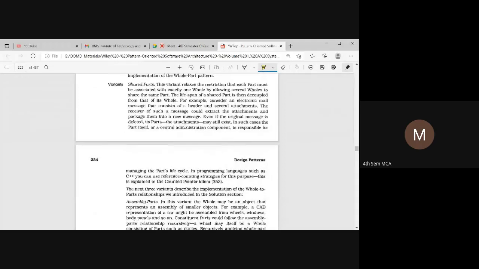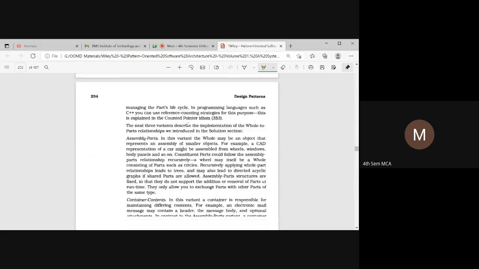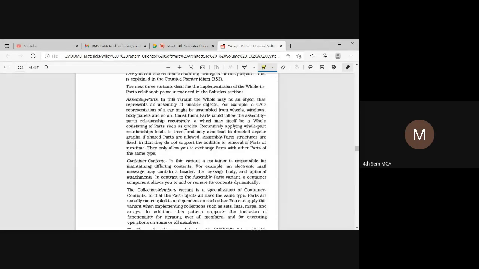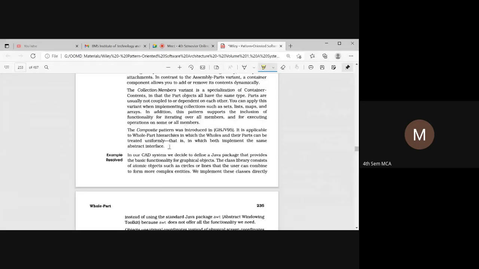The variants of this whole-part pattern are shared part, assembly part, container, contents, and collection members.